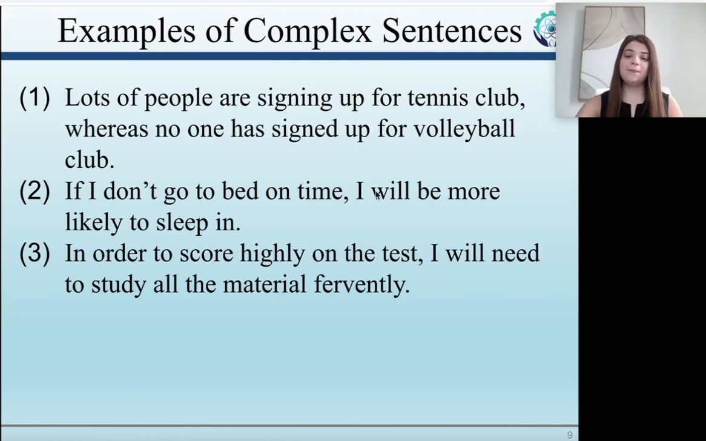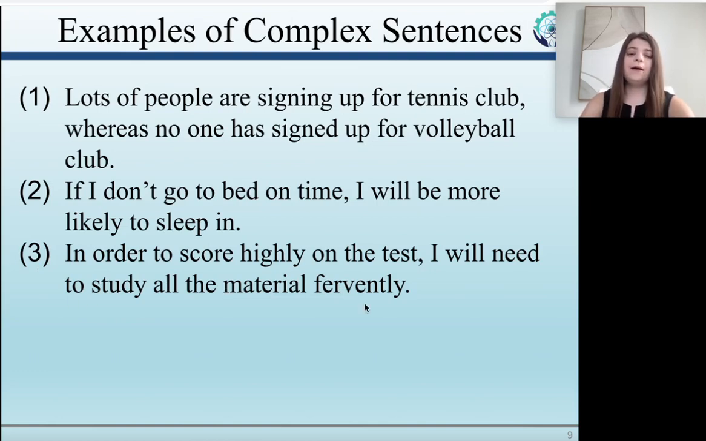And then we answer that part by saying, I will be more likely to sleep in, right? Now, that said, I will be more likely to sleep in. This is a full sentence on its own. So this is an independent clause from us. Okay. Number 3 says, in order to score highly on the test, I will need to study all the material